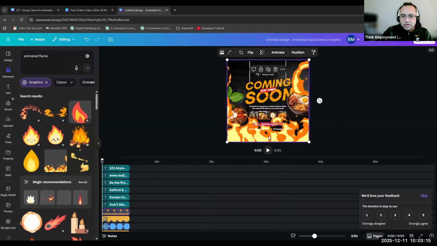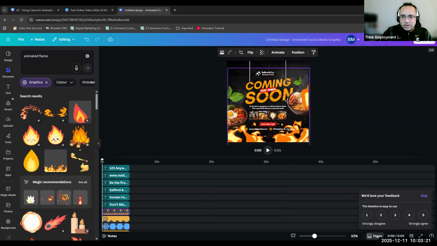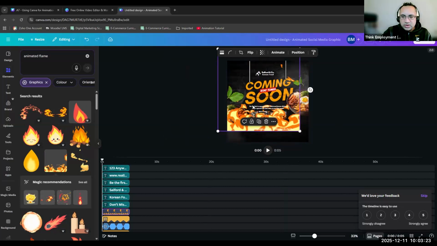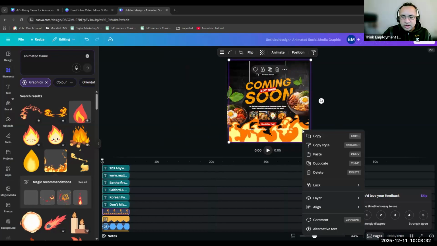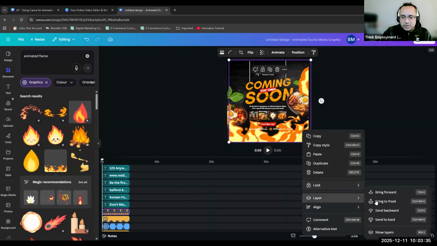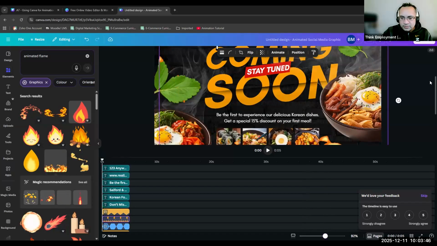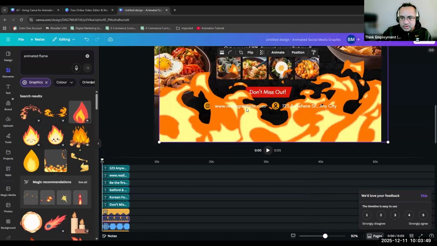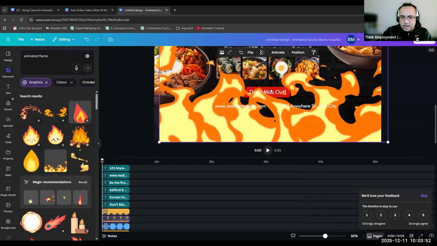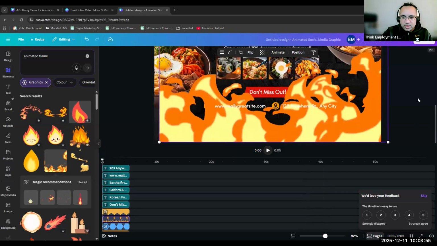And obviously you can change all that. You can change all this, but this is sitting on top, so you would have to remove that. Remember, this is a layer and it's sitting on top, so you'd have to do any editing to the text and stuff first, or you could put that on the background, so you could right click, change the layer, put it all the way to the back, and then you can see some of the text is in front of. Can you see some? If I increase the size, just go down a bit. You can see the text is in front of the flames, so that does help make you look a bit more